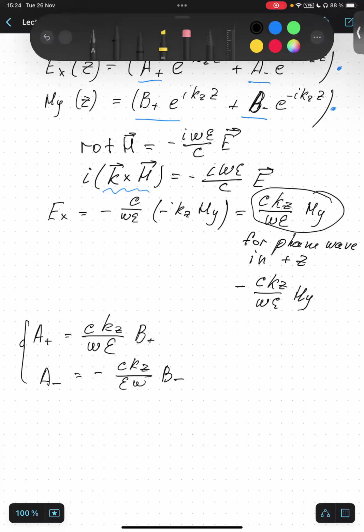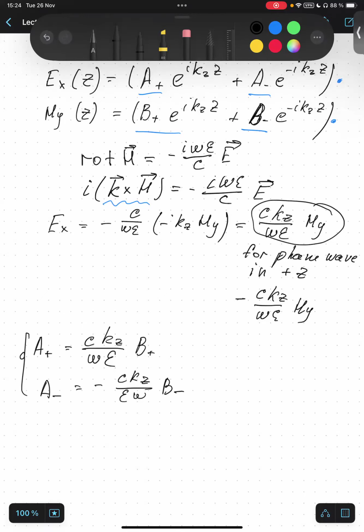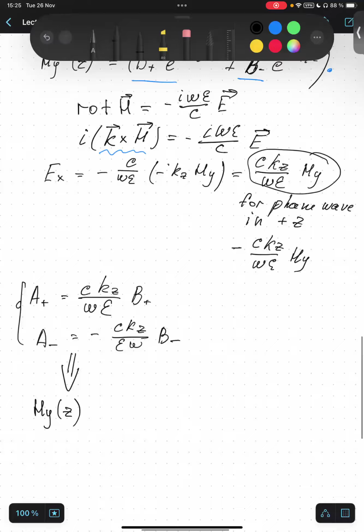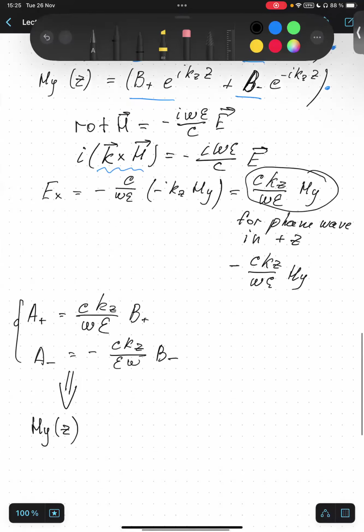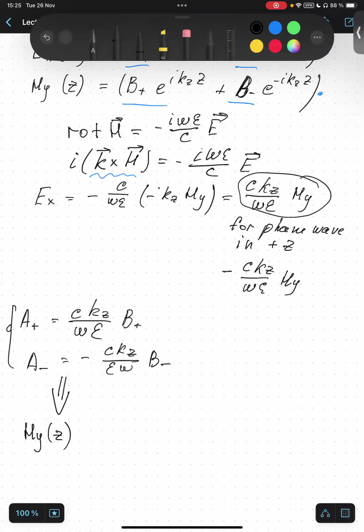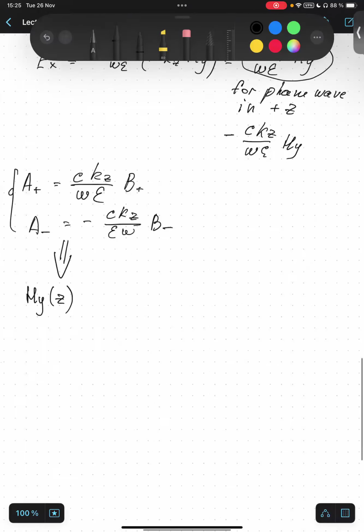We obtain such system, and we are ready to find the magnetic field. So this results in Hy. So we basically have to substitute it here and obtain